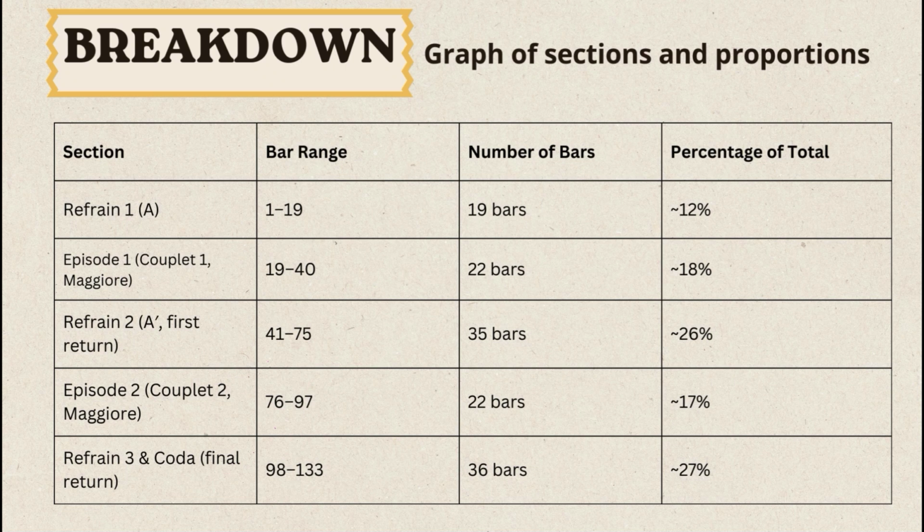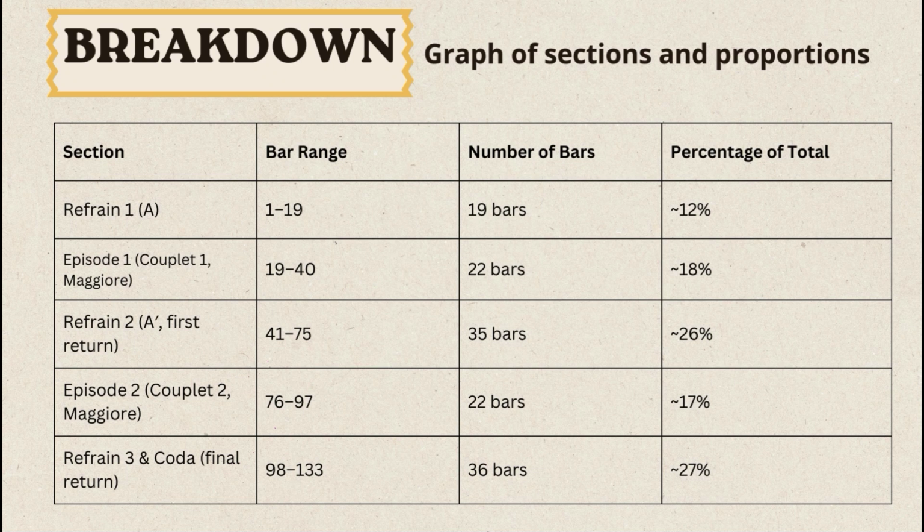The alternation of sections is fairly balanced. Haydn distributes the musical narrative evenly between the returning A sections and the contrasting episodes. This balance of proportions contributes to the movement's clarity. Listeners get just enough of the refrain to recognize it, then a contrasting episode for variety, then the refrain again, and so on, in a well proportioned cycle.